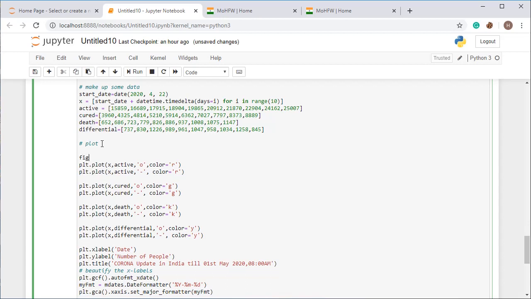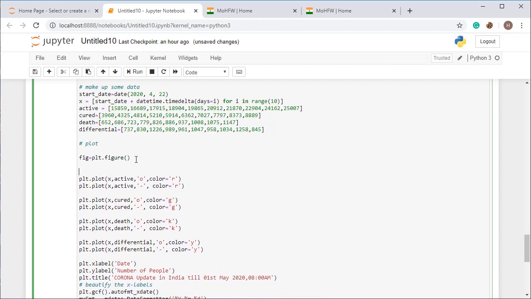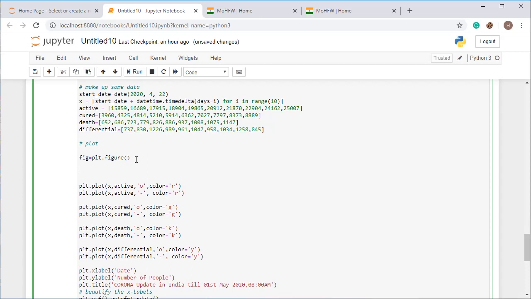First you have to create a figure, so use plt.figure. We have created the figure. After that we have to set the axes, so I'm creating ax by calling fig.add_axes.